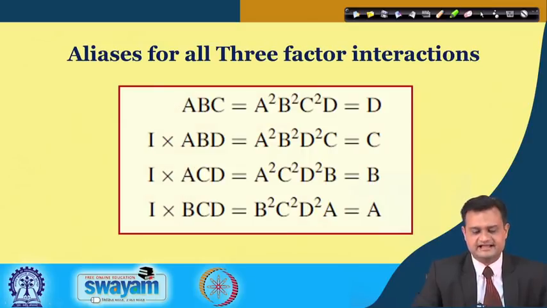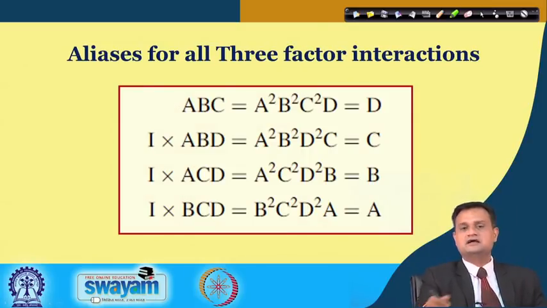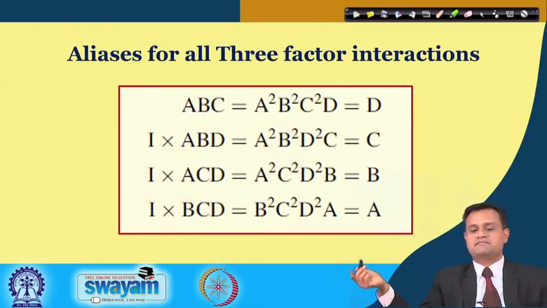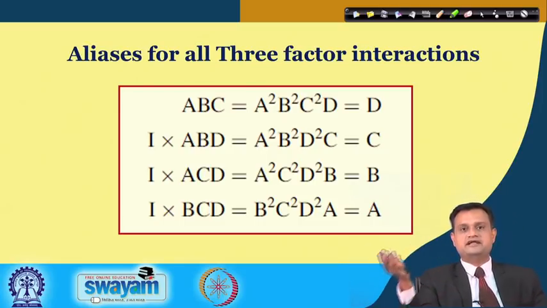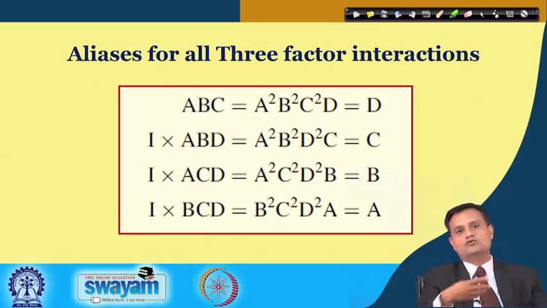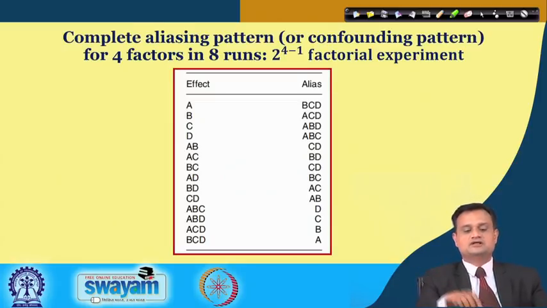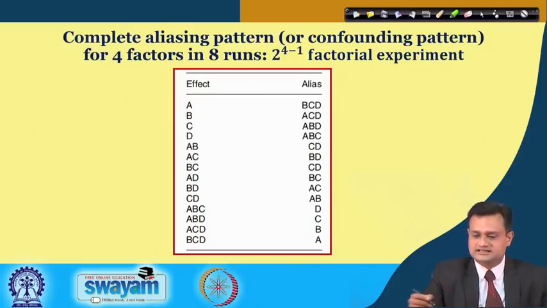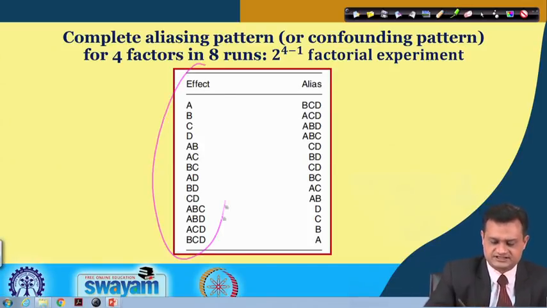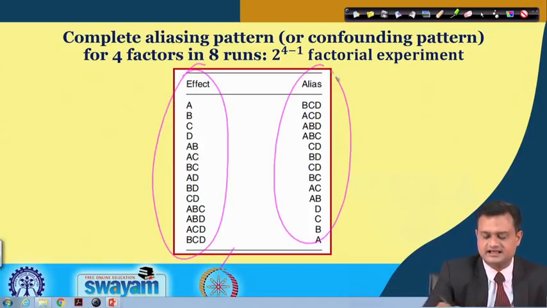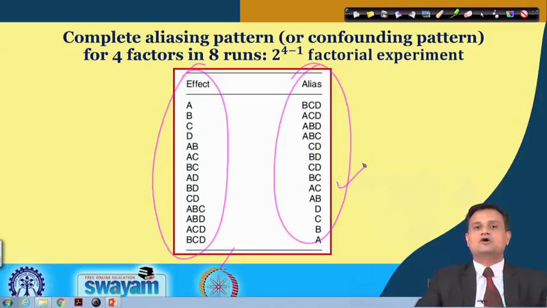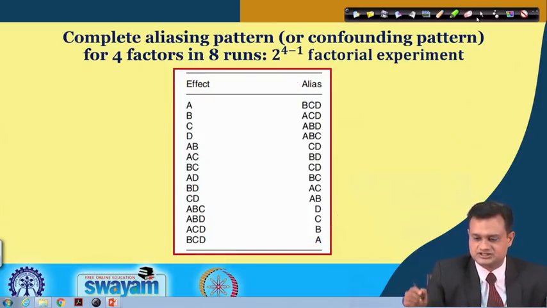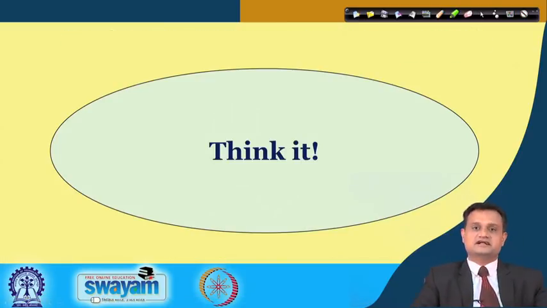I hope the idea is clear. Similarly for 3 factor interactions, multiply your defining relationship I equal to ABCD by the 3 factor interactions ABC, ABD, ACD, BCD, and you will get the structure. So in summary, you have the effects and you have the aliases, and typically these aliases are basically confounded or aliased with these effects, and there is no point in separately estimating them. It just creates redundancy.